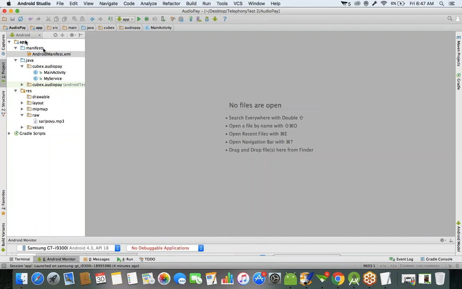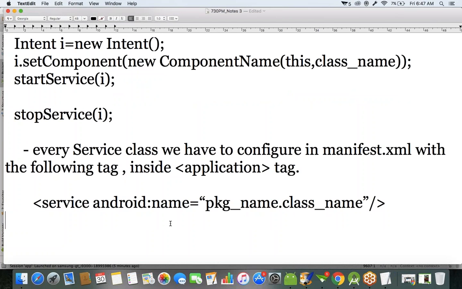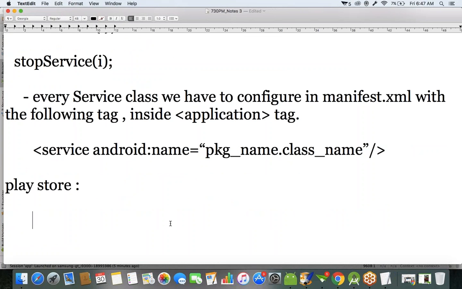We created this service test project, right? I want to deploy this application into the Play Store. If you want to deploy the application into the Play Store, first of all, what we need is